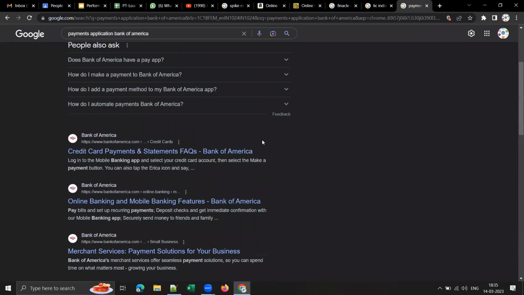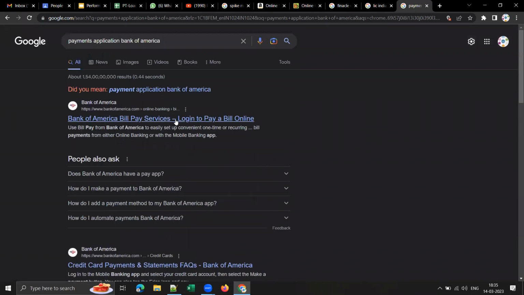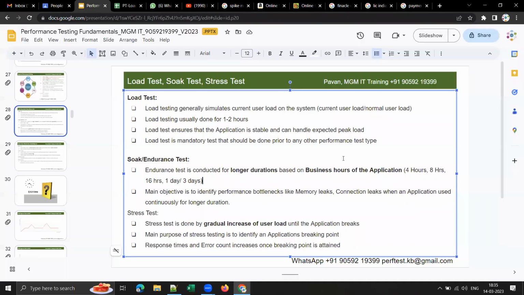We did this soak or endurance test for 12 to 16 hours, because it's not limited to 8 hours. By the time we stop using it, users from some other country will start using it. That's why we tested the application for 12 to 16 hours.